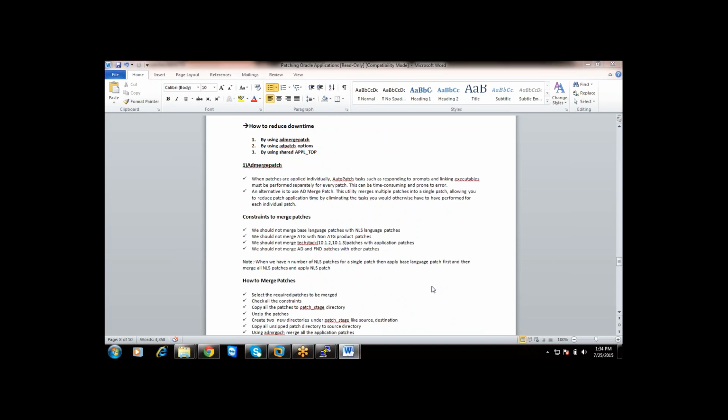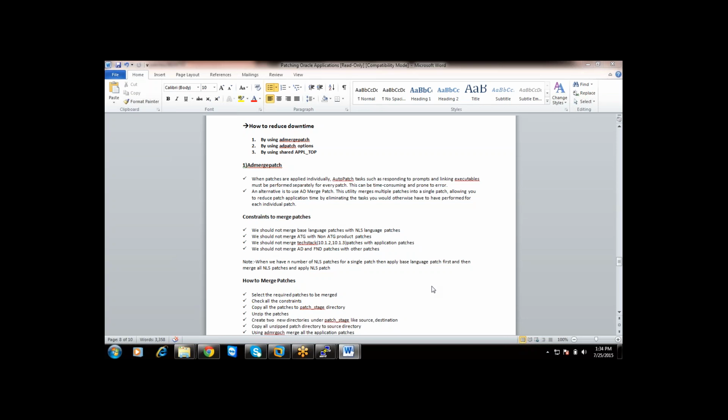So how to reduce downtime while applying patches? See, some businesses will be very critical, and some customers' businesses will not be that critical. Let us assume you are into banking applications, ATM applications and kind of things. At this point you don't want to give more downtime to your applications. It means you want all your end users to access your applications all the time. Is it correct or not?